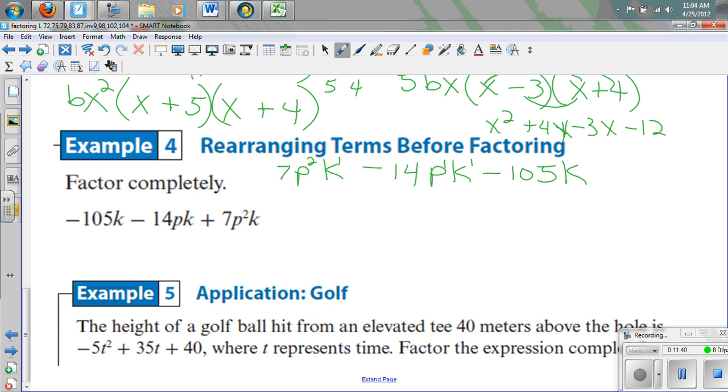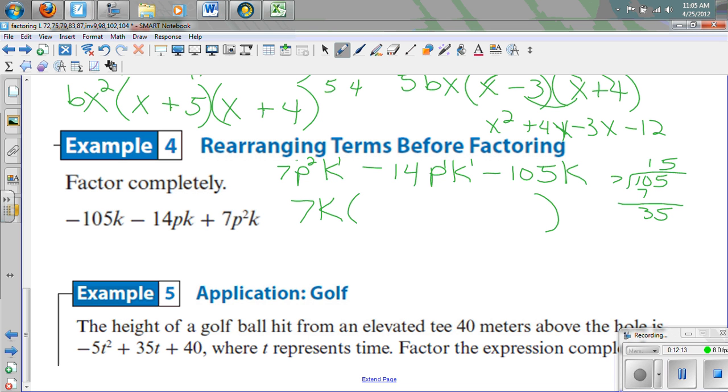Then the question is, what can you factor out? So can we factor something out? A 7 goes into 14, but does it go into 105? So we have to check that quick. 7 goes in there once. That's 7, and that's 35, so it goes in there 15 times. So we can take out a 7, and we can take out a k. And so what we're left with then